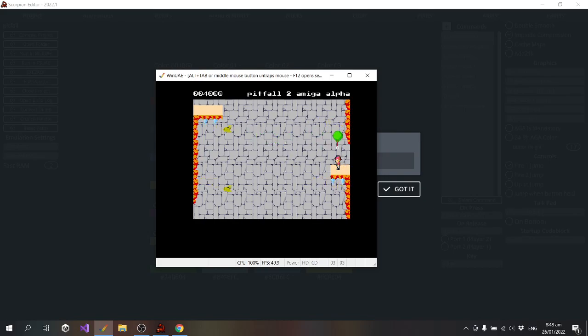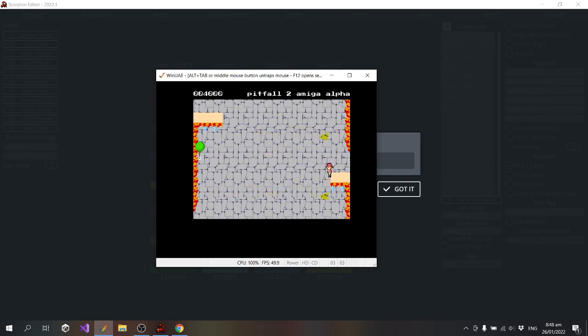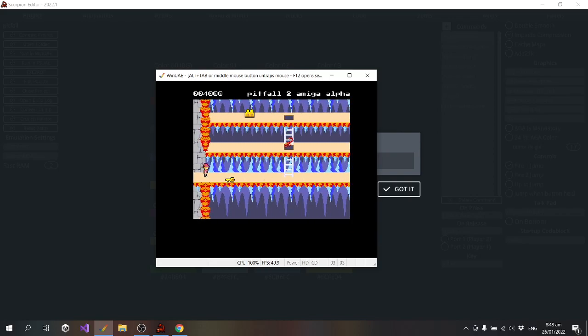Okay, so I got the timing about right. It spawns a new balloon about the length of time it takes to go across the screen. It's going to be a pain to actually get onto it, I think.